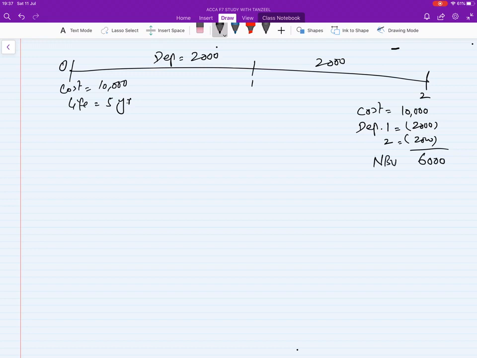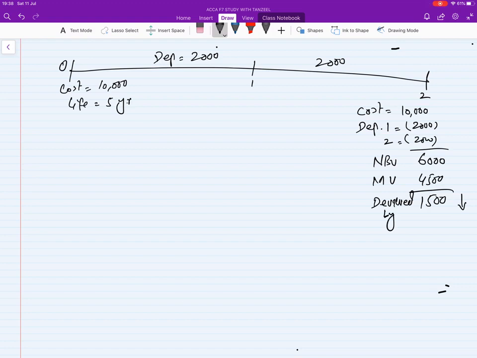So previously we did the gain, we were having a revaluation gain. In this question we will have a devaluation. So if you go to the market, when the net book value was 6,000 and you assess the asset, they give you 4,500 as your market value. It means it was being devalued by 1,500. That asset is being devalued by 1,500.